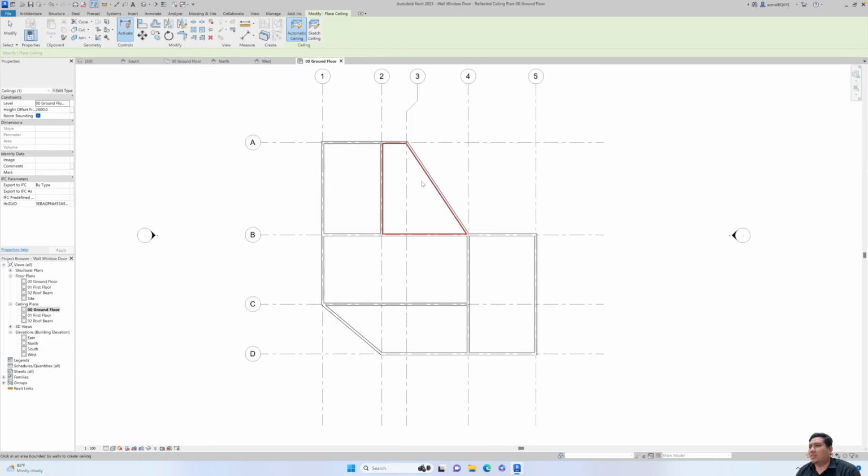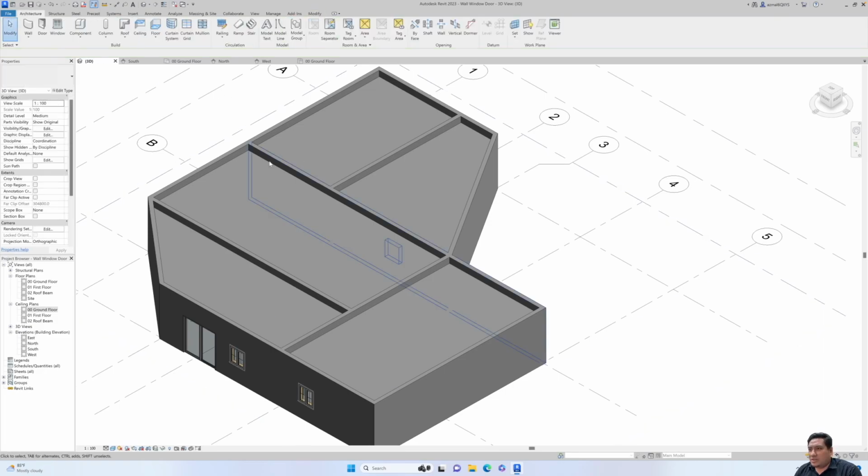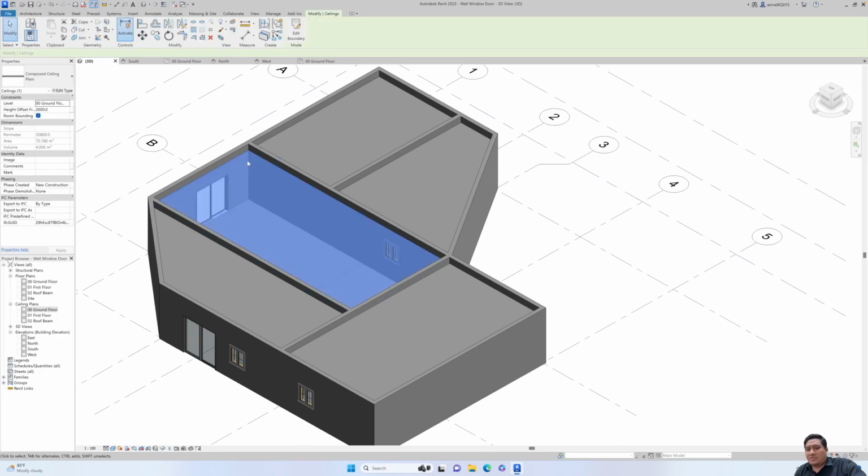Okay, so again, you can set the offset of your ceiling from the ground. For example, if you have a double volume and the height of the area is higher, you can always set that in this particular option. Okay, so that's for the ceiling. Similar to the floor, you can always